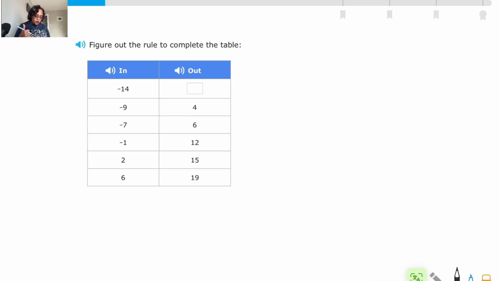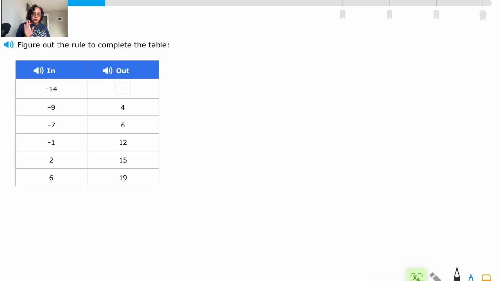All right, now this one, oh, we only have one. So this is perfect for me to get incorrect. So it says, figure out the rule. So if I'm going from, let's keep it simple. So I would use one without negatives. That's the way I think in order to keep it simple. So if I'm going from 2 to 15, I would add 13, right? And 6 plus 13 is 19. So I know that it's 13, but let's say,